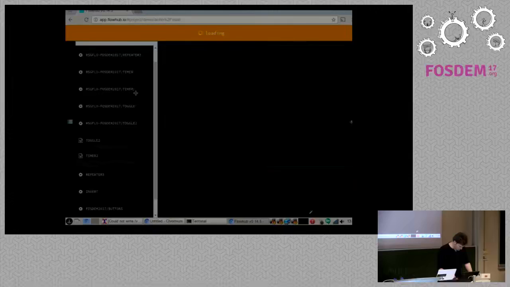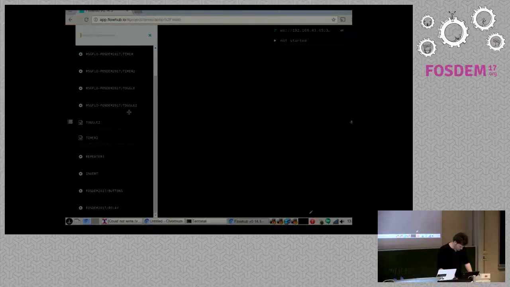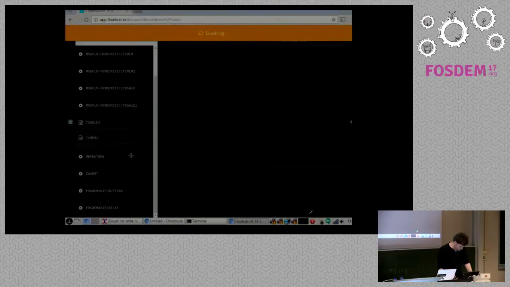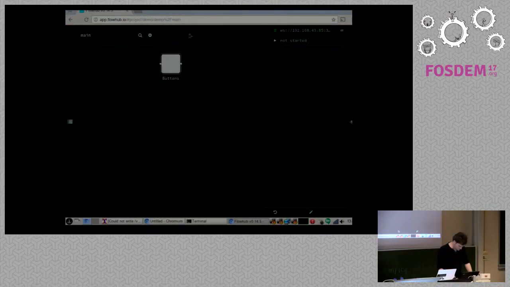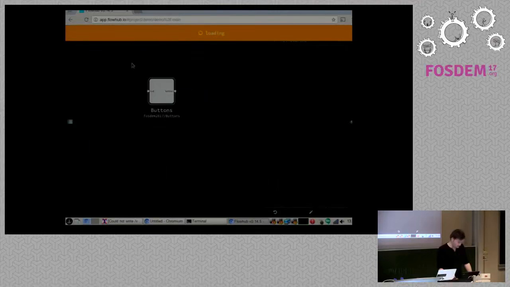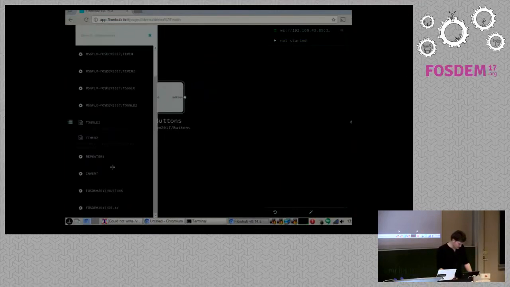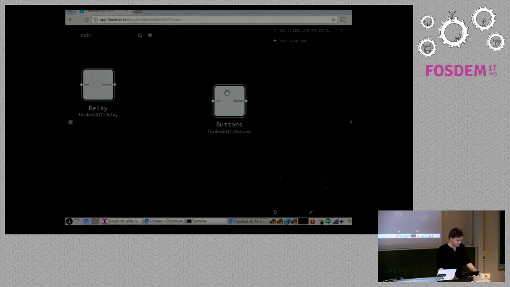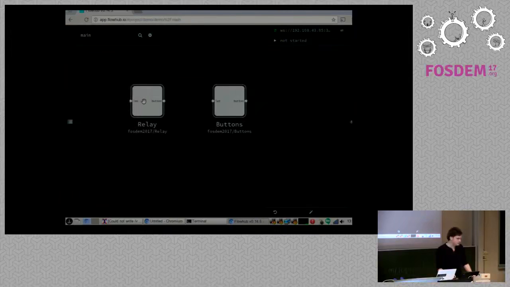Okay. So I hope we will have some devices. Yes. I have two devices, and they have a couple of different things. I have one attached to the relay. That's the red board right here, and it actually has an LED also on the relay. So it's called LED, the input, and